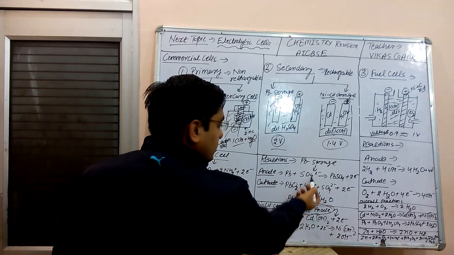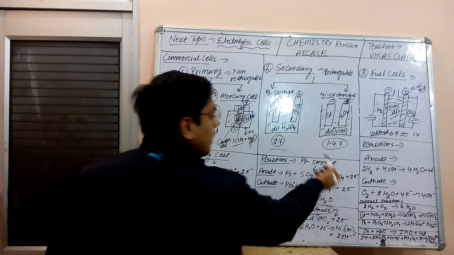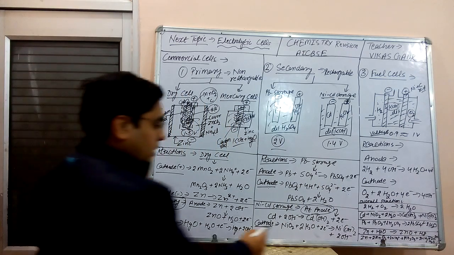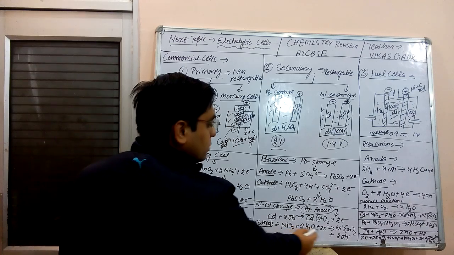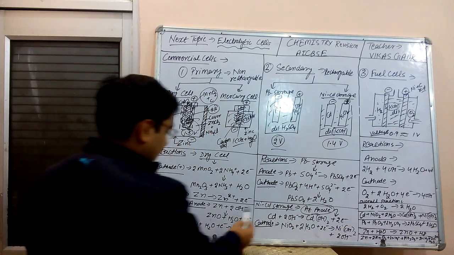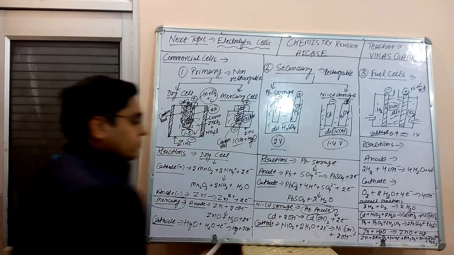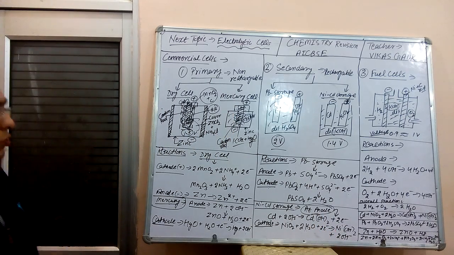Cadmium plus OH negative forms Cd(OH)2 and 2 electrons, and NiO2 plus 2H2O plus 2 electrons, like this reaction, takes up electrons and forms Ni(OH)2 plus 2OH negative।